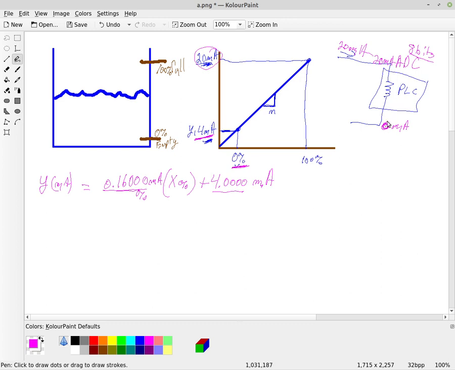Okay, and so it's doing the conversion based on 0 milliamperes to 20 milliamperes. So we need to find out what would be our current signal when we're getting 4 milliamperes? And so again, we can calculate our slope, okay? And our slope